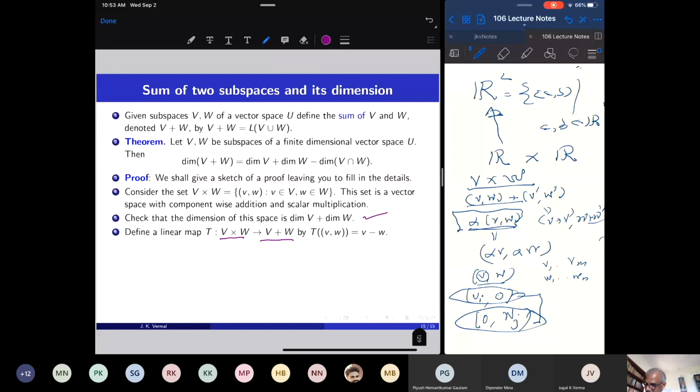Now consider the following linear map. T of this ordered pair is simply v minus w. Okay, this is a linear transformation. You can check that this is a linear transformation. And it is onto. This is onto because any vector here is of this type, v plus w, and that is the image of (v, -w). And the null space, what is the null space? The null space of this map consists of all (v, w) so that v